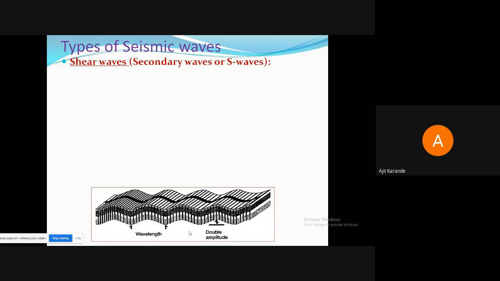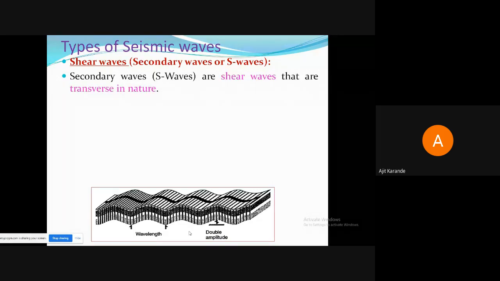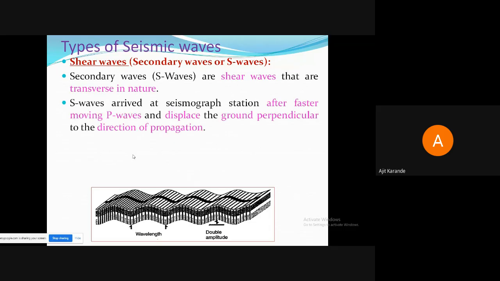So S waves involve successive crests and troughs. Here you can see in the image also, the successive crests and troughs are formed during the movement of the earth. Secondary waves, generally called transverse or shear waves, arrive at a seismograph station after the faster moving P waves, because we discussed earlier that the movement of P waves is faster than S waves, and that's why S waves arrive at a seismograph station after the faster moving P waves